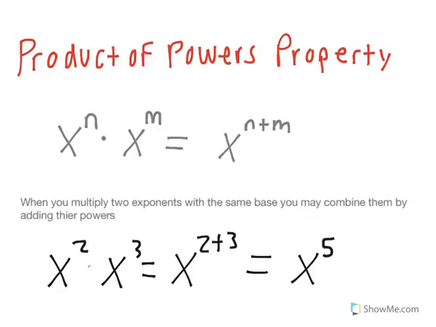Okay, so product of powers property. When you multiply 2 exponents with the same base, you may combine them by adding their powers. The key here is the same base. In the example, we have x to the nth power times x to the m power, and that equals x to the n plus m power. So when you're multiplying 2 things with the same base, you just add their exponents. And here's an example with numbers down here. X to the second times x to the third is equal to x to the 2 plus 3, which is